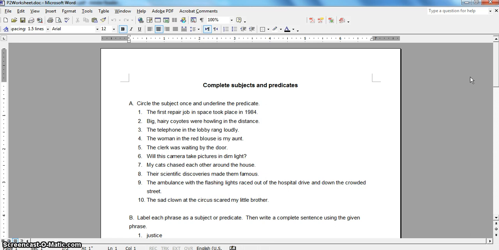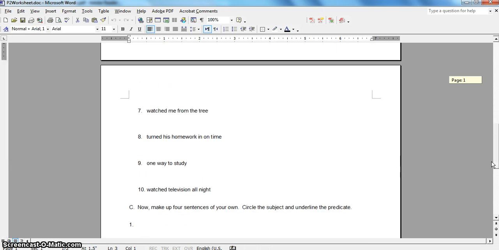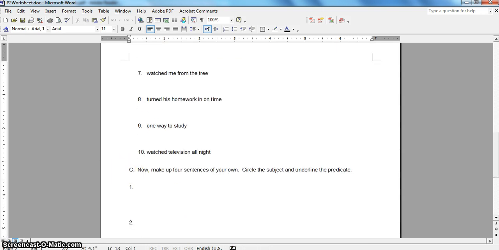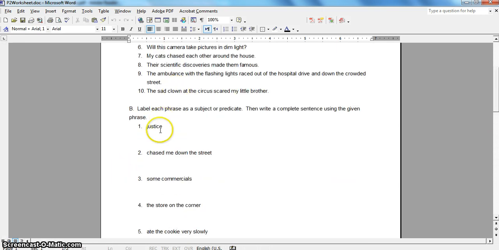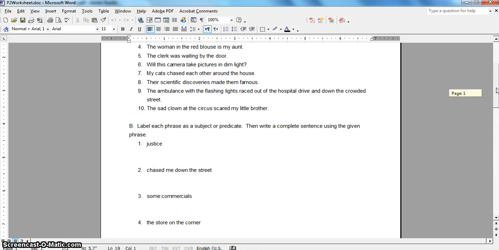Returning to my analysis, looking at the Word document, looking at the guidelines from the online accessibility handbook, honestly, it's rather poor in terms of accessibility. Here you can see the title and several subsections. Complete subject and predicates would be the name of the worksheet. Here's subsection A, subsection B, and subsection C, along with blank spaces in between to fill in answers,